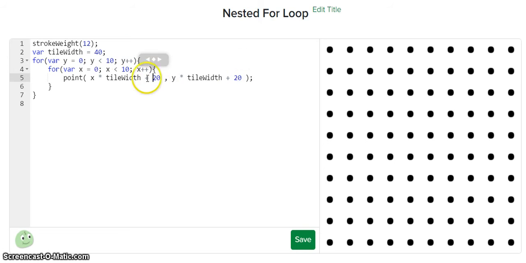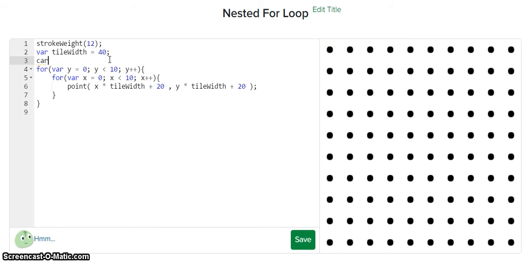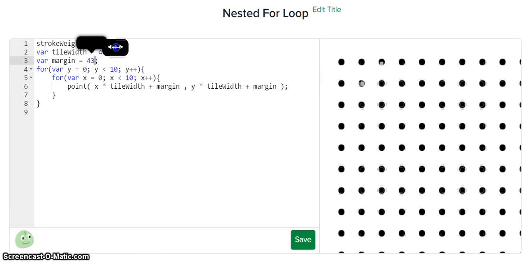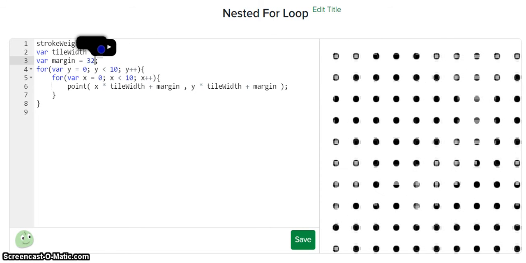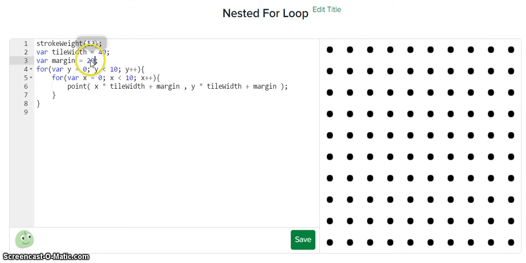Here, reoccurring variables should be, that was to tell me the margin, how far from the edge, so var, not car, var margin equals 10. No, I'm sorry, 20. 20. There we go. And let's use our margin here, 20, 20. There. So much neater. So if I didn't want it that whatever distance, I can change that, there it's changing both simultaneously,